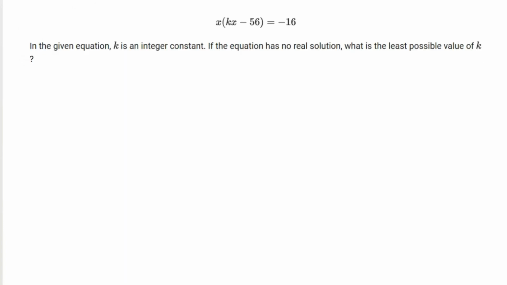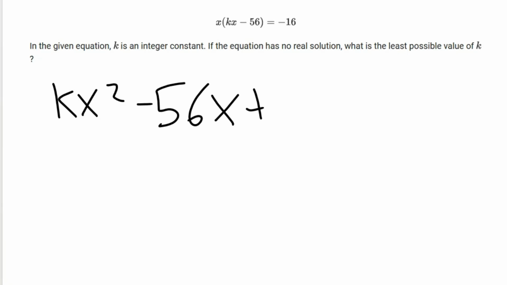So here's the first one. In a given equation, k is an integer constant. If the equation has no real solution, what is the least possible value of k? So we're trying to find a solution for k, and let's go ahead and just multiply this equation out. So erase that. We have kx squared minus 56x, and let's move 16 to the other side,